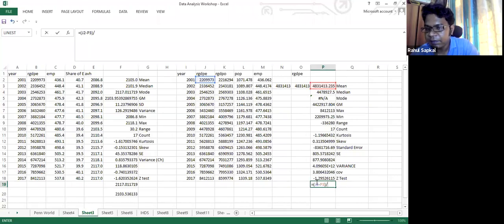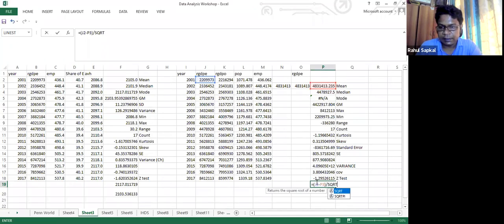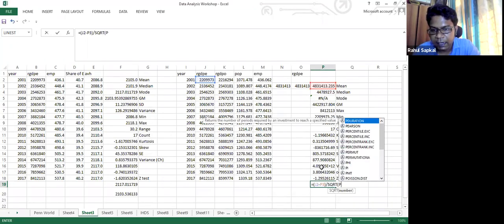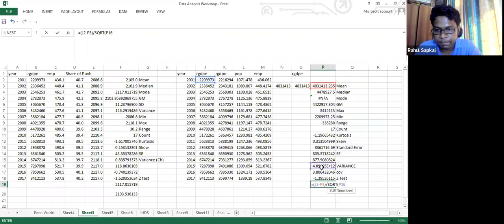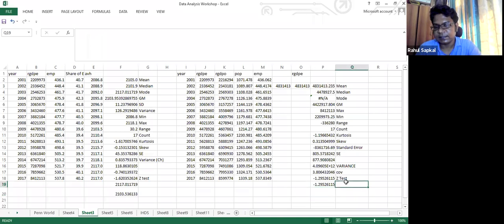Now we don't have a standard deviation here. So standard deviation is nothing but the square root of variance. So I'll put SQRT, square root. Then what is my variance value here? P16. The variance value. Bracket close. This is my Z.